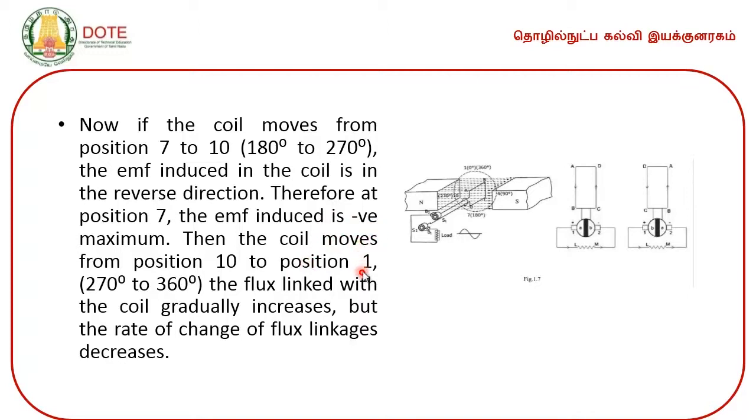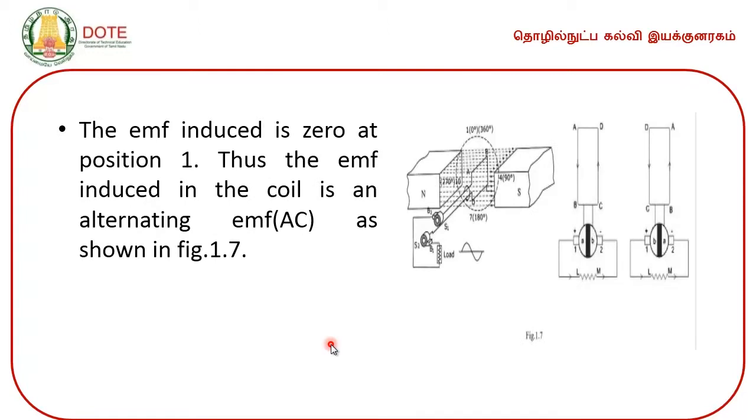that is 270 electrical degrees to 360 electrical degrees. The flux linked with the coil gradually increases, but the rate of change of flux linkages decreases. So, summarizing everything, we can say that this is how the voltage will look like,